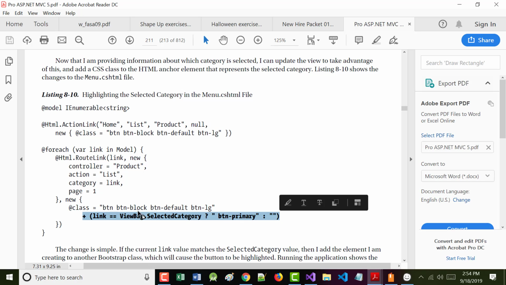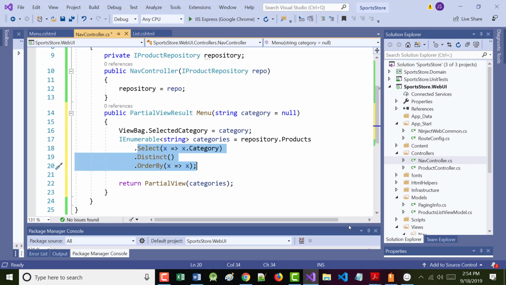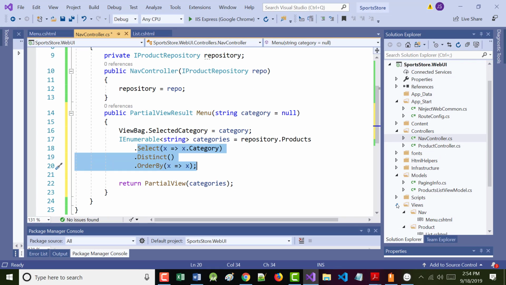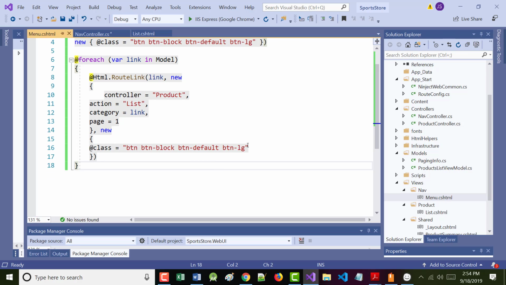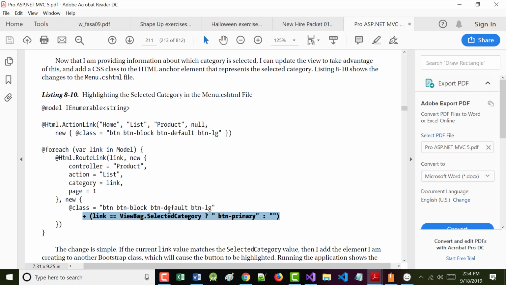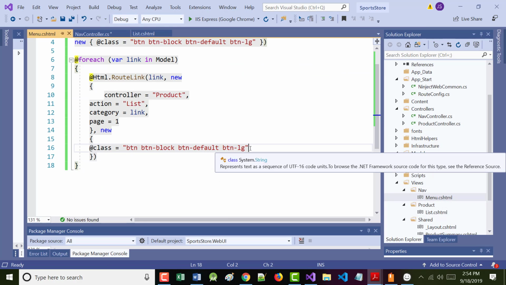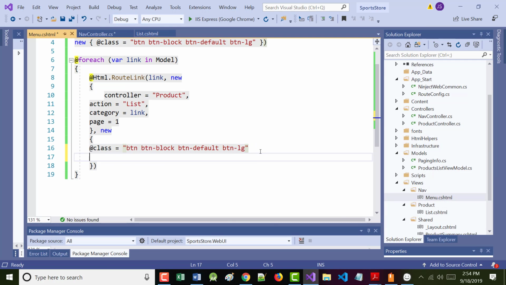Again, this is in our menu.cshtml file, down near the bottom where we've got this class statement. We want to add that to it, so after the button large right there.